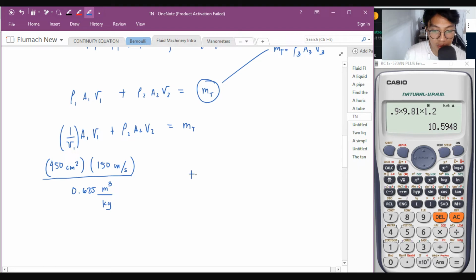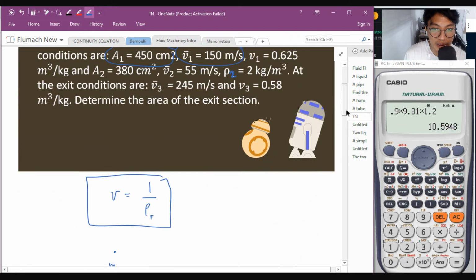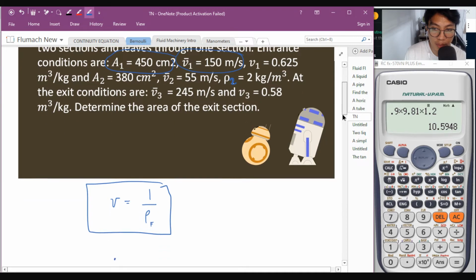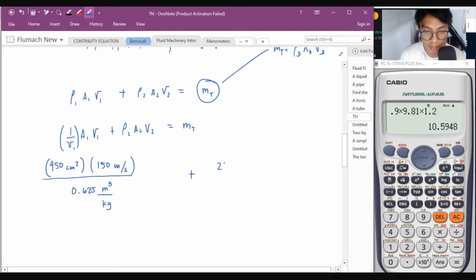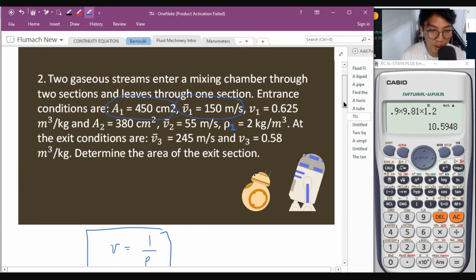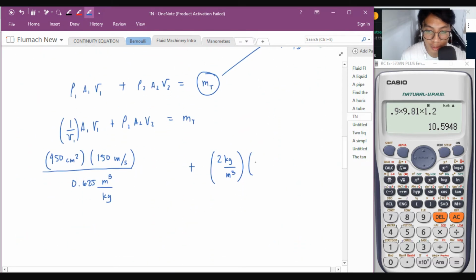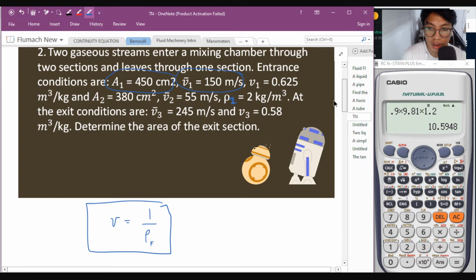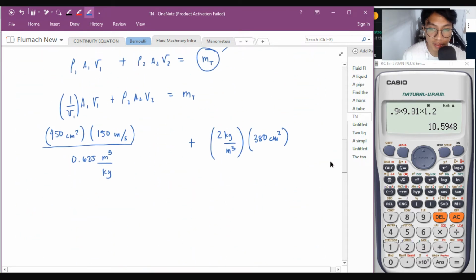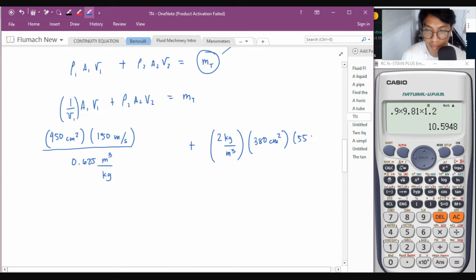Plus, okay, dugtong ako dito, plus density 2. Density 2 is 2 kilogram per cubic meter. Tama ba? Density 2. Area 2, 380 cm squared. Density, area, and velocity. 55 meter per second. Equal to